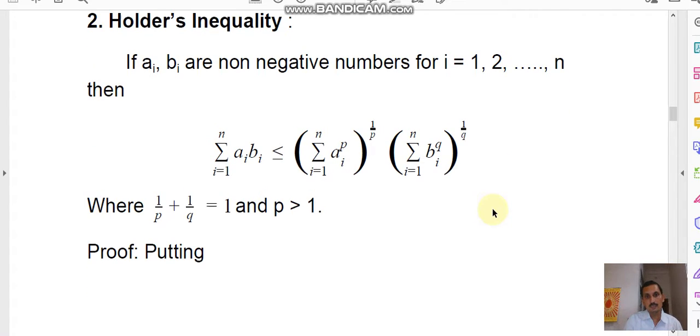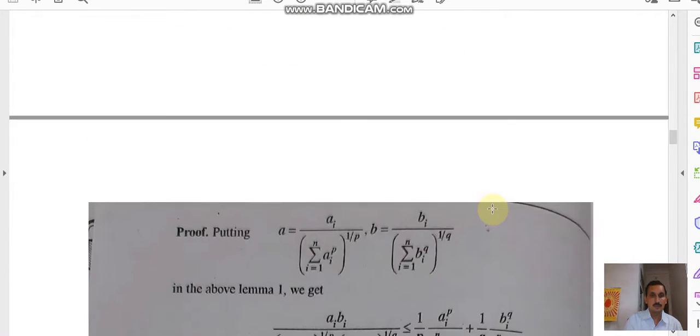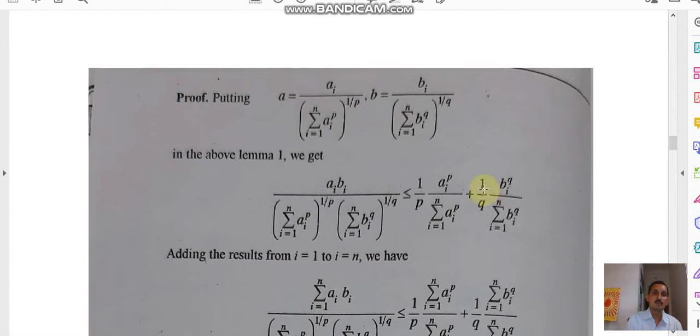So here we apply the Young's inequality. Putting these values as in the Young's inequality, we put a equal to ai upon summation i equal to 1 to n ai power p whole power 1 by p, and b equal to bi upon summation i equal to 1 to n bi power q whole power 1 by q. So in the lemma we put the values of a and b, and then we will obtain this as